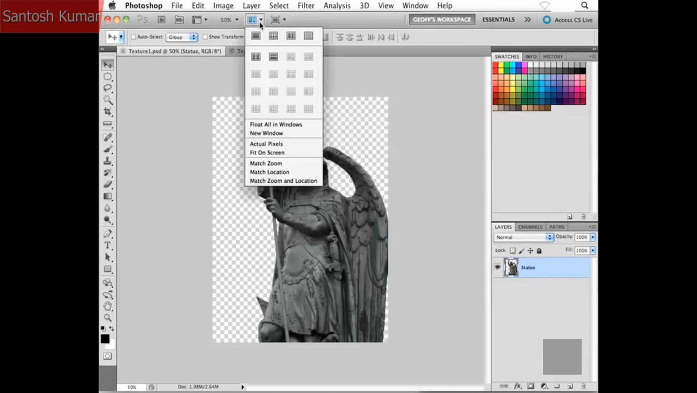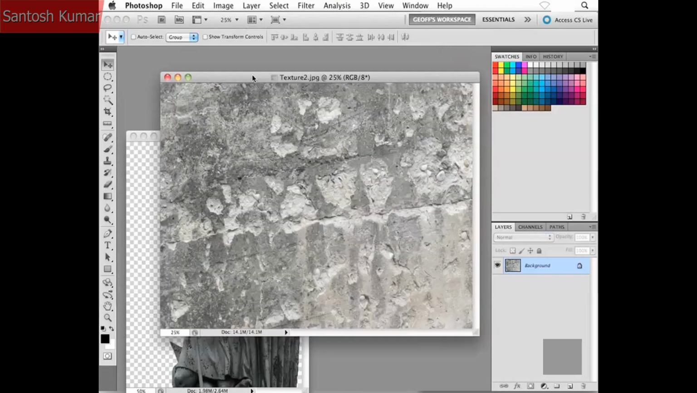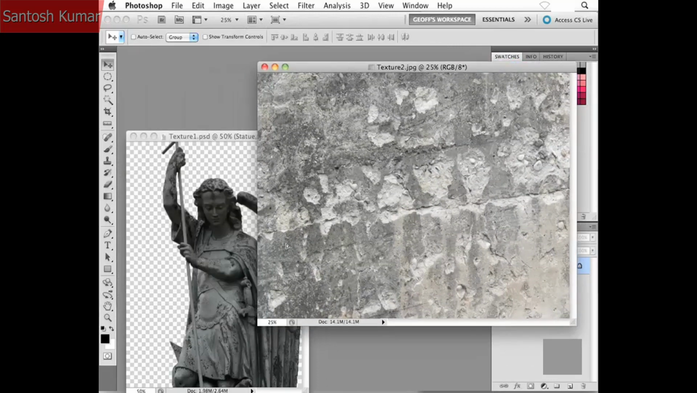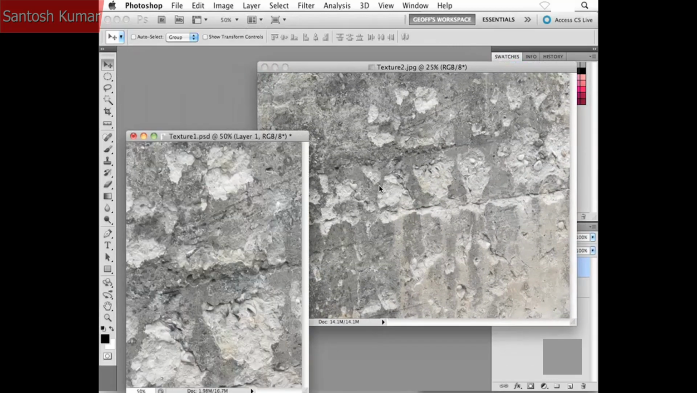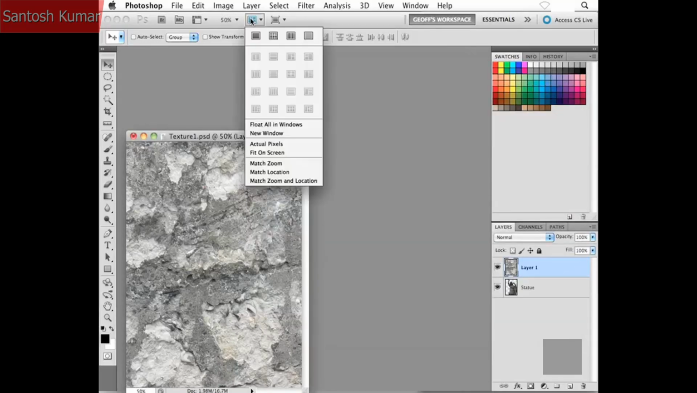As always, back to the application bar, and I'll go Float All in Windows. I'm going to start off by dragging my texture into the statue. Just click and drag that guy over, something like this. And then as always, I'll get rid of this guy, and then I'll go back to the application bar and